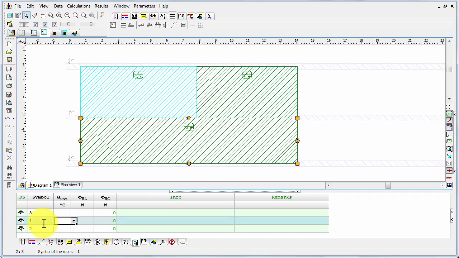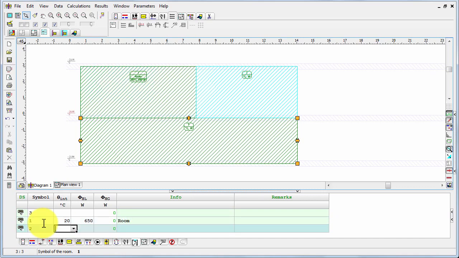So let's say that this is room 1, the temperature would be 20, heat load, for example, 650 watts. And it would be just a room. Second one, also a room with 20 degrees Celsius. However, let's write much higher heat load, for example,